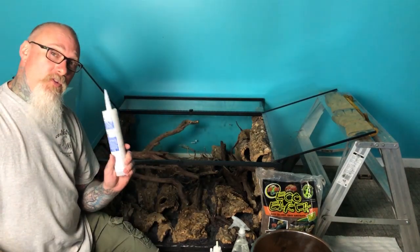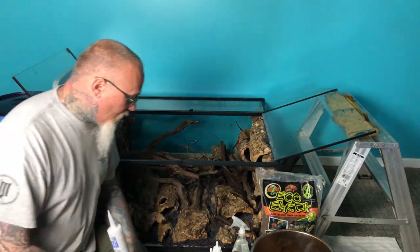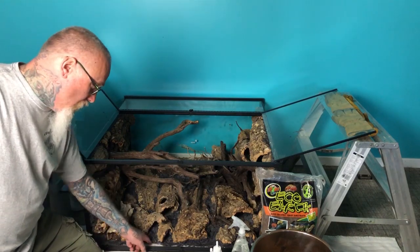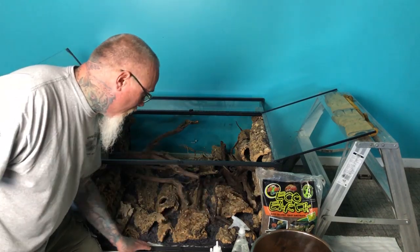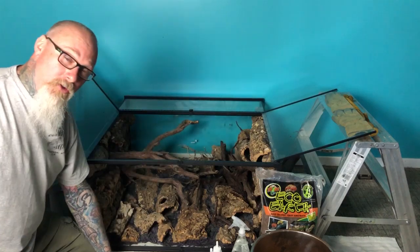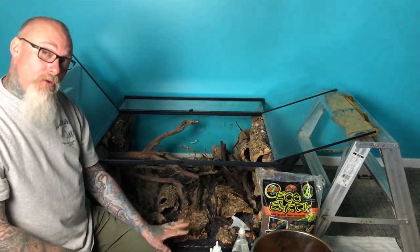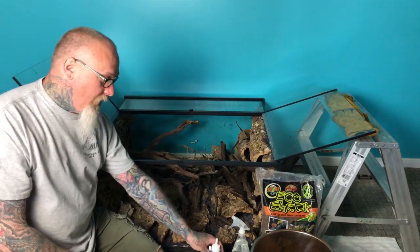Now a lot of people use silicone. We're going to use silicone in certain areas, such as areas here in the glass where there's no extra foam, and we got a couple of little areas up top where it's just exposed. We're going to use silicone for that. And then in the other areas on the actual foam itself, it'll last longer, we're actually going to be